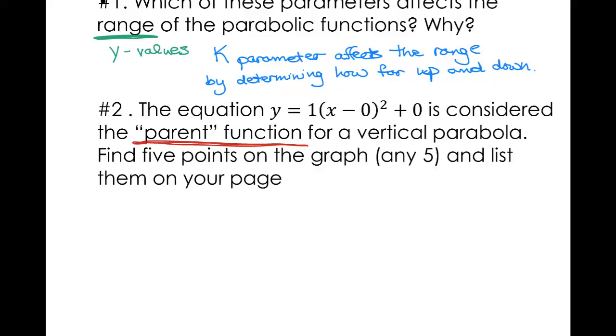Sometimes it's written much simpler as y equals x squared, okay, because it simplifies to that. Okay. So if I take this out, it's going to